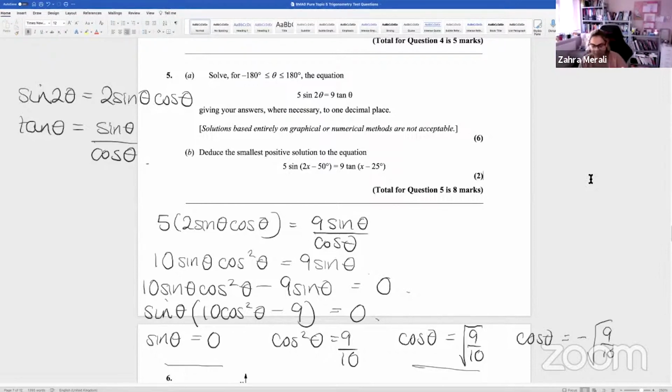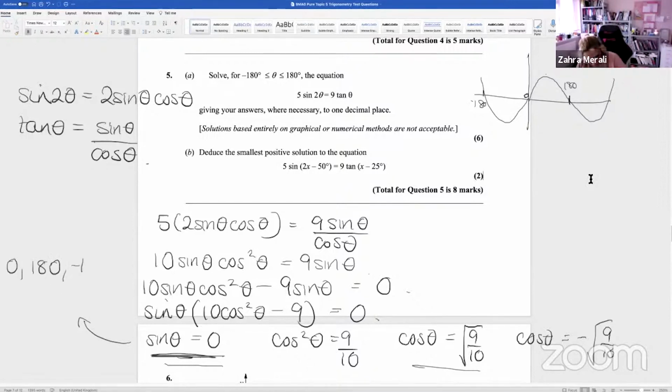And you will end up with the inverse sine of 0. Well, for your sine graph, or just using your calculator, you've got 0. Does it include 180? Yeah, it does. It's going to be 0 at 180, minus 180 and at 0. So our solutions for this one are going to be 0, 180 and minus 180. If I take shift cos of the square root of 9/10,